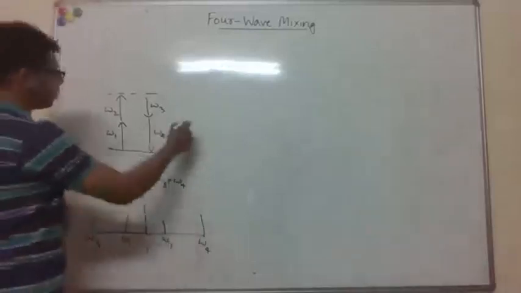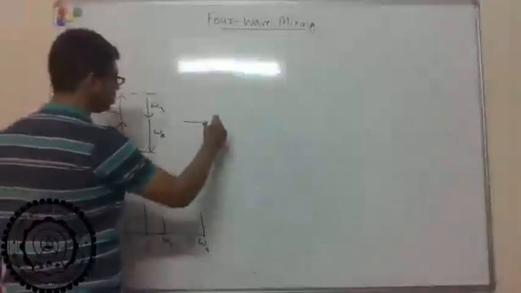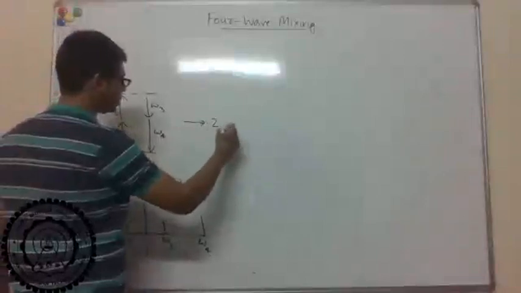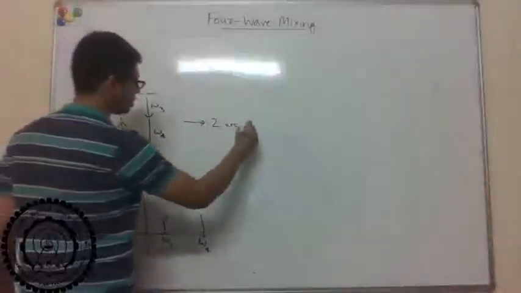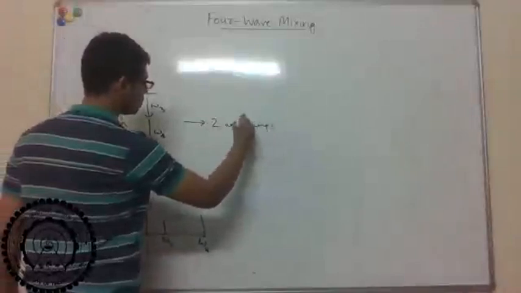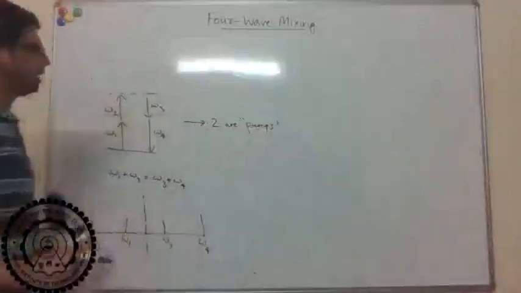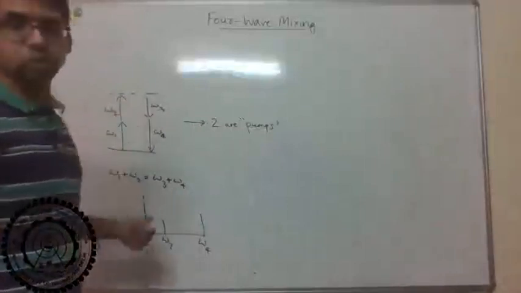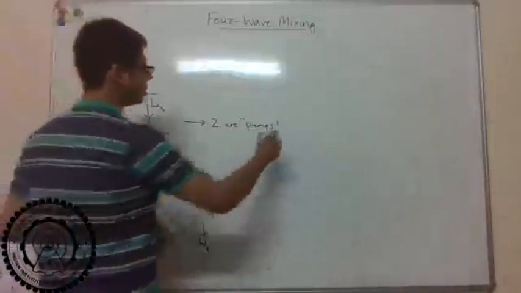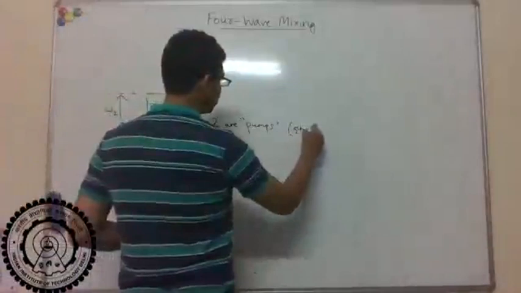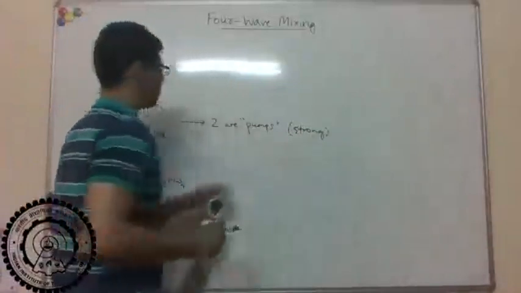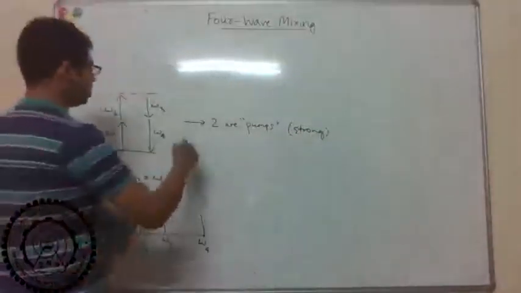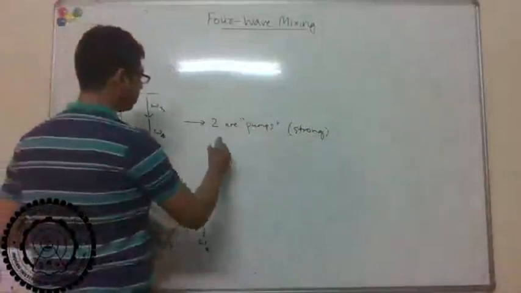Typically, two of these four are called pumps, because they are much stronger than the other two. So the two strong ones are referred to as pumps, and the two weak ones are referred to as